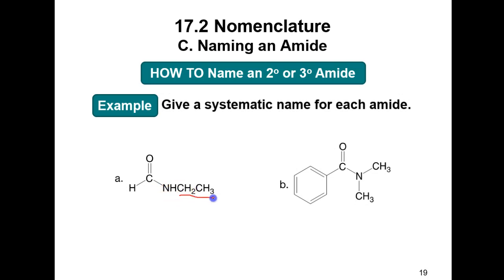But what happens if you do have an R group? Here I have a secondary amide, and here I have a tertiary amide with methyl groups. Well, you need to tell the reader what groups you have off of the nitrogen. It's kind of like the ester case, where you have to tell the reader what groups are hanging off of the oxygen. In this case, you have to tell them what's hanging off the nitrogen, and you show that by writing a capital N, and then you write the word ethyl, and then formamide in this case because it's a one carbon. In this case it'd be N,N-dimethyl